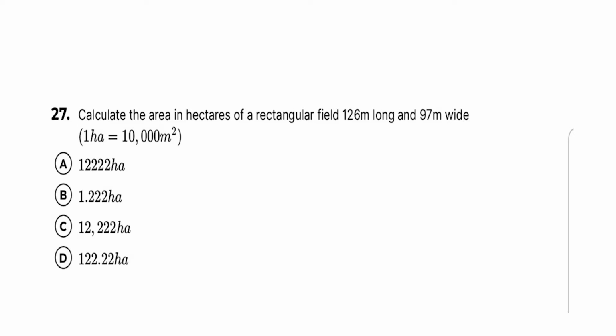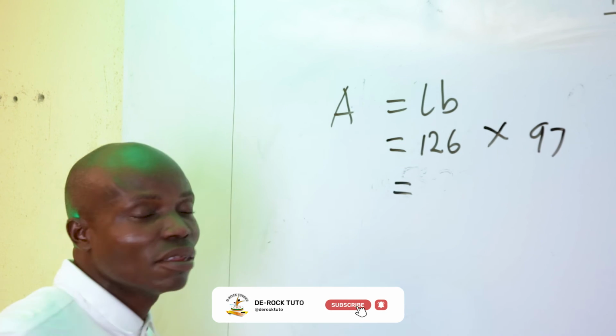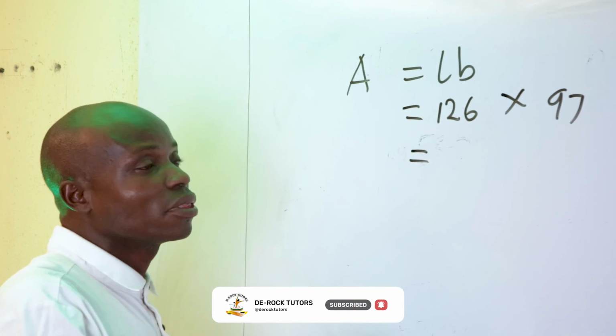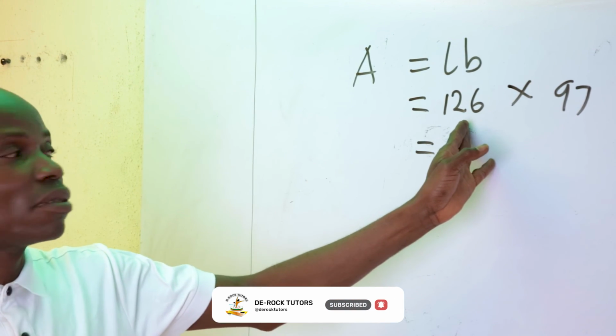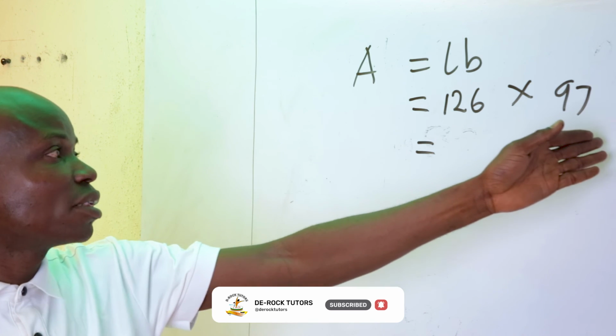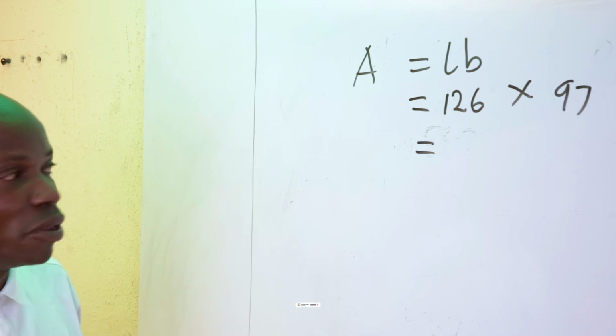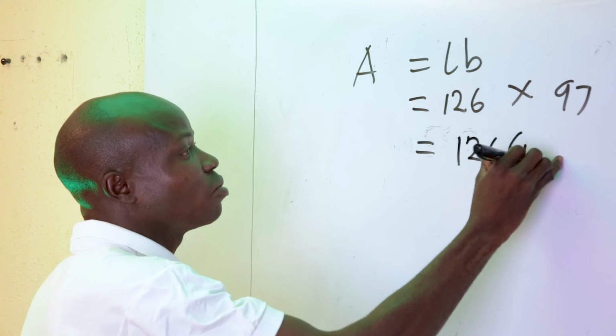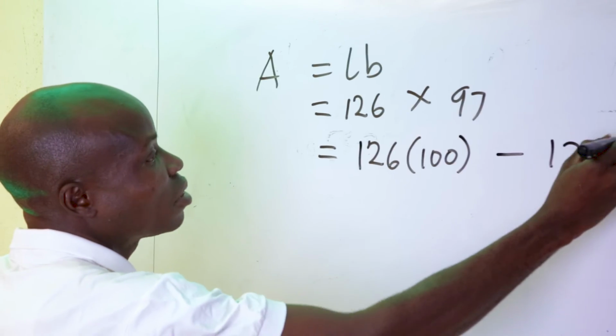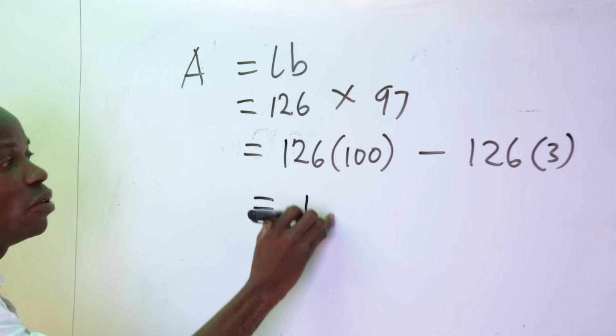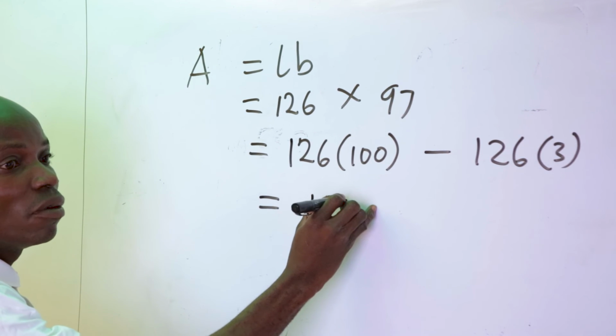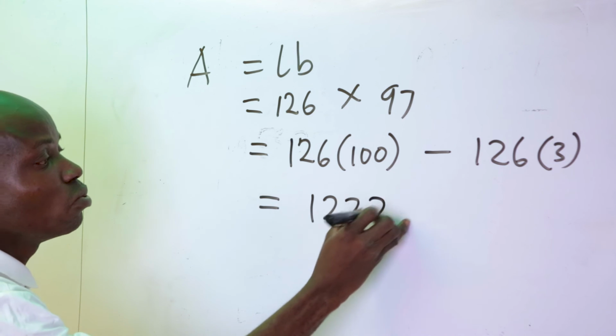The area in acres of a rectangular field. The area of a rectangle is simply length times breadth, which is 126 multiplied by 97. Here, to multiply 126 by 97, we multiply 126 by 100, subtracting 126 times 3 from the result, which is 126 into 100 minus 126 multiplied by 3. And the result will give us 12222